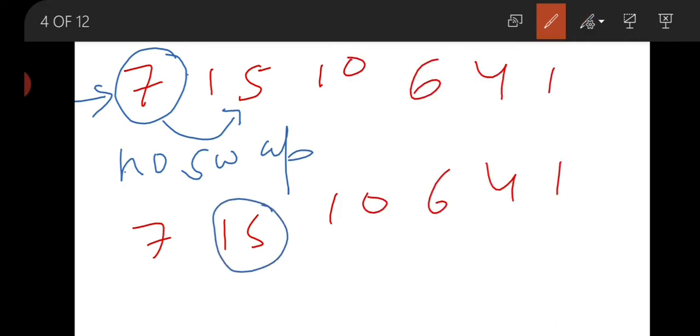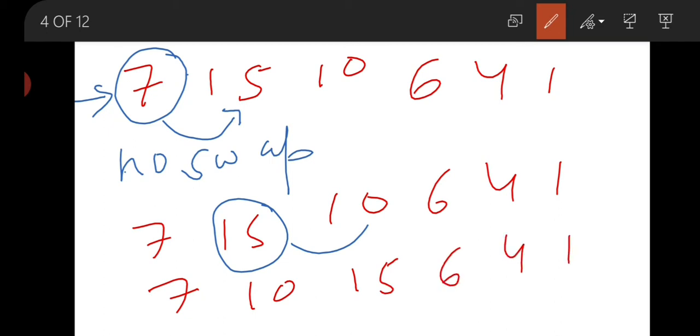Now our bubble element will be 15. We compare 15 with 10. 15 is greater than 10, this is true, so there will be a swap. Now the list is 7 10 15 6 4 1.